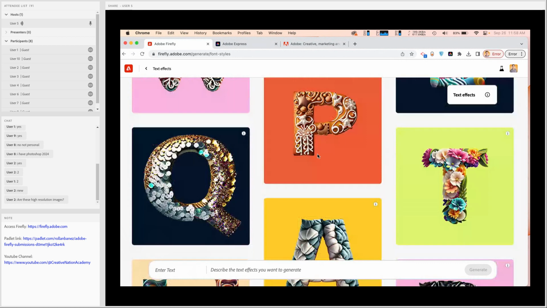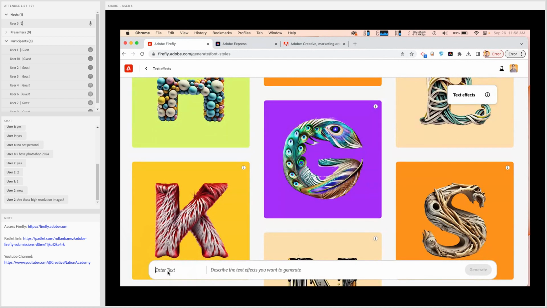Let's just enter the text here, for example, ANZ Adobe Education Summit. For example, let's create some text effects here. Let's type in any prompt that you would like to take on.